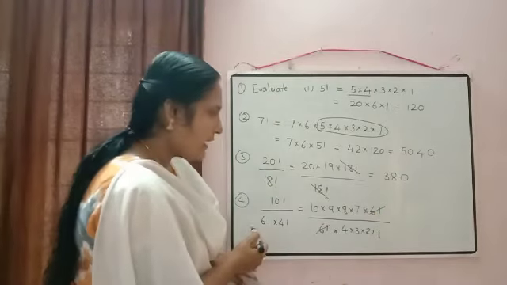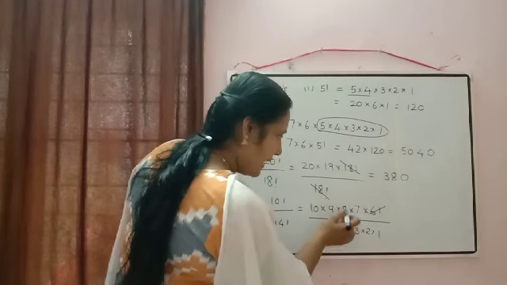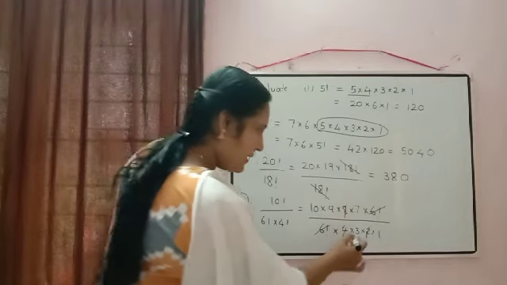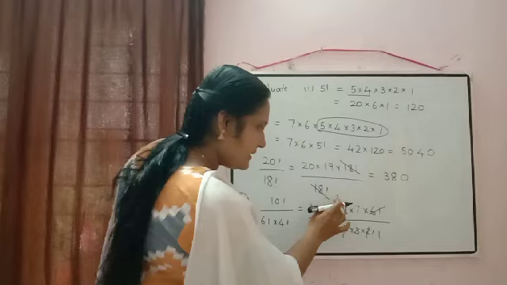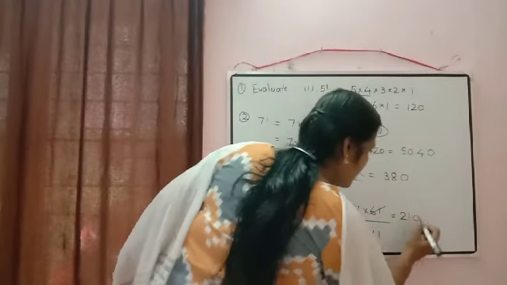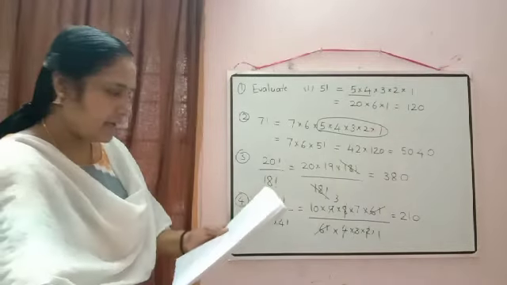Now for the remaining terms we have to do the cancellation. Just check: 4 into 2, 8. So here we have 8, and that 8 will get cancelled. The remaining two we can cancel. 3 3s are 9. So we are getting 7 3s are 21. 21 into 10. So the answer will be equal to 210. So I hope this concept is clear to you.